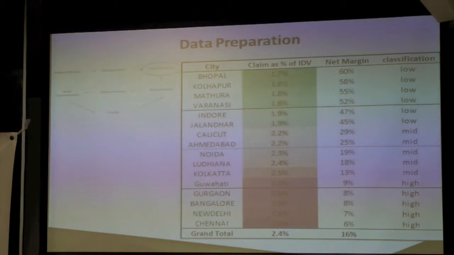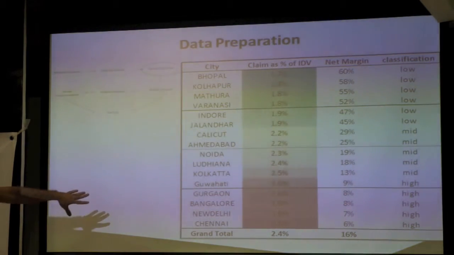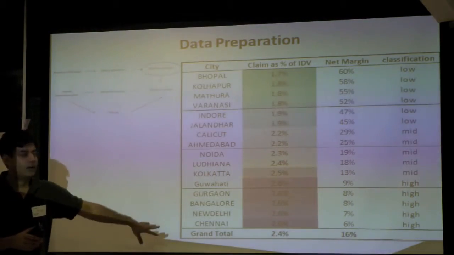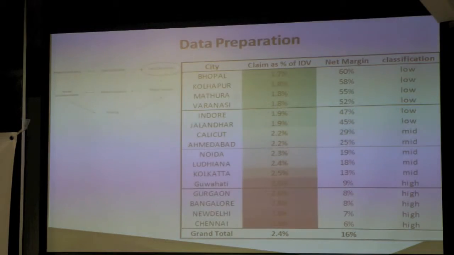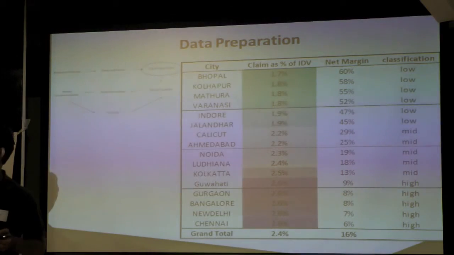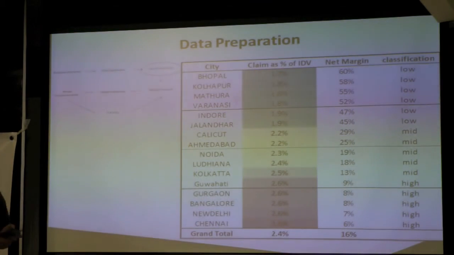Again, you can see some trends. There are some cities which are highly profitable. There are some cities which are actually loss-making. And if you just look at the names, you can see that some of the smaller cities are very profitable. The larger cities tend to be unprofitable. Intuitively that makes sense because the larger the city, the more the traffic, the more likelihood you have of getting into an accident. So immediately